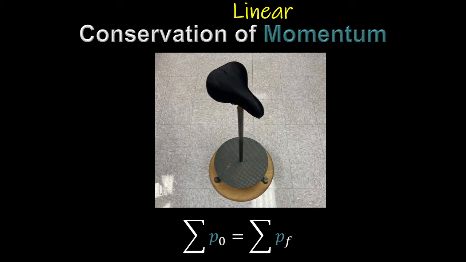All right, so instead of doing momentum on a track where things move in a line, or on an air table where things move in a plane, let's consider momentum on a turntable here with a bicycle seat. So we're not going to be talking about conservation of linear momentum. We're going to be talking about conservation of angular momentum, things rotating through angles, where we used the letter P